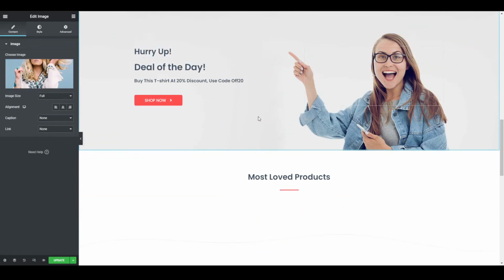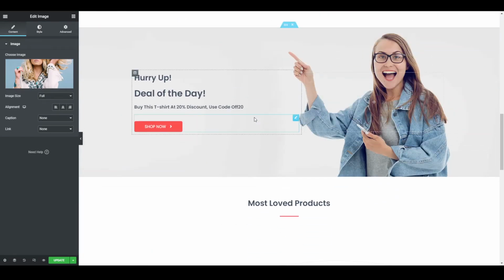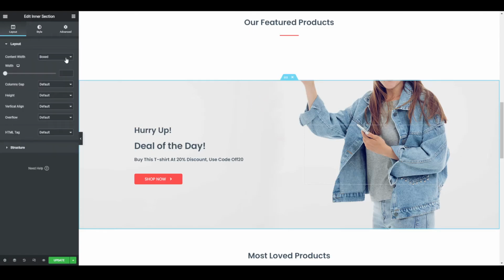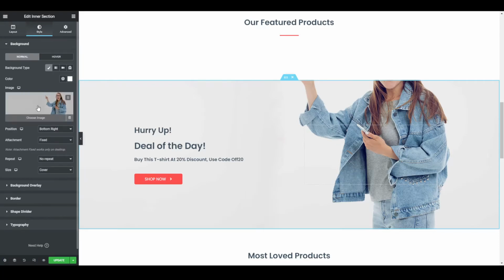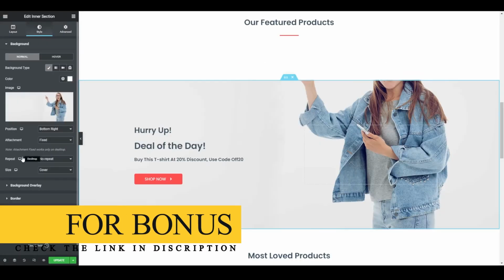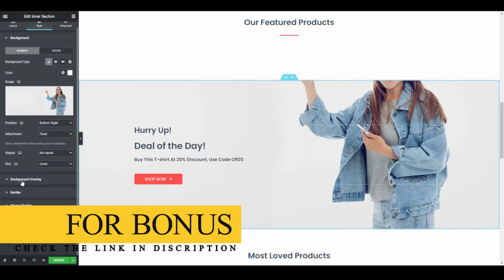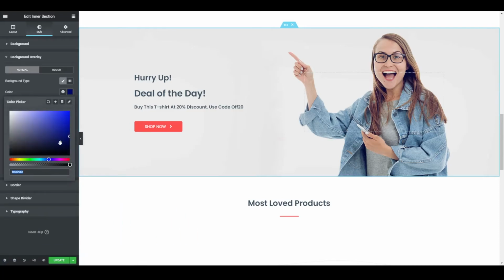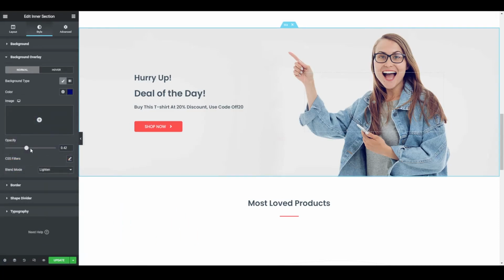So here you can see the cool animation, or if you want to change it you can, or if you want to add a hover effect, you can simply click here, edit inner section, go to style, and here you can see here is the image. So now you can choose an image, but I'm going with the default one. You can add a background overlay if you want, so I'm going to add blue color with the opacity of, so as you can see